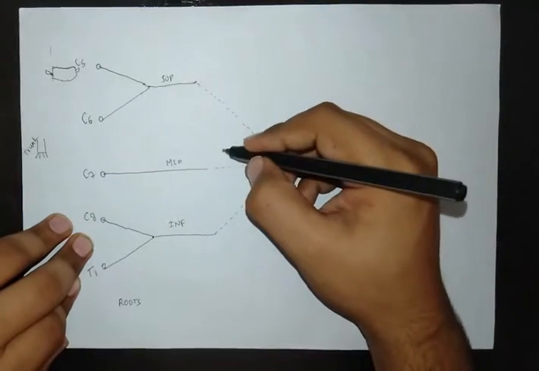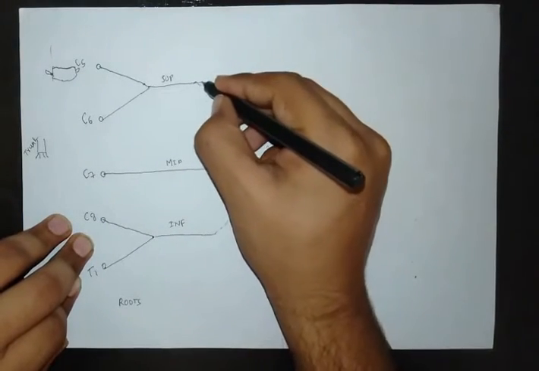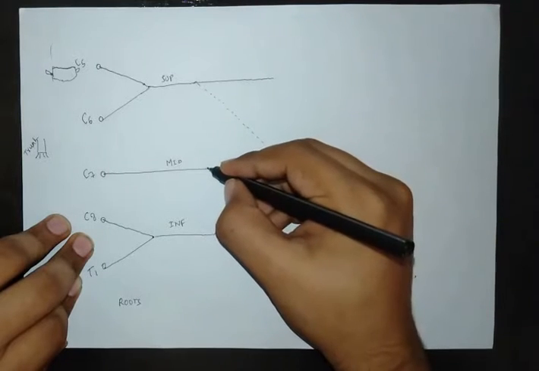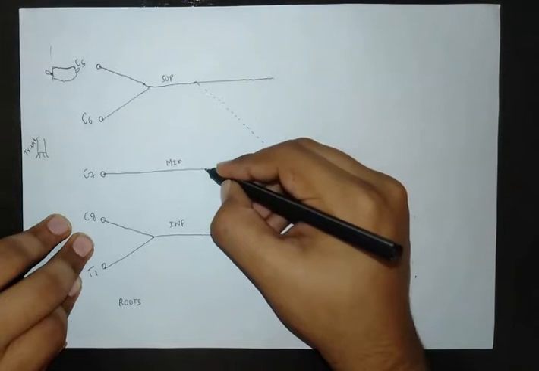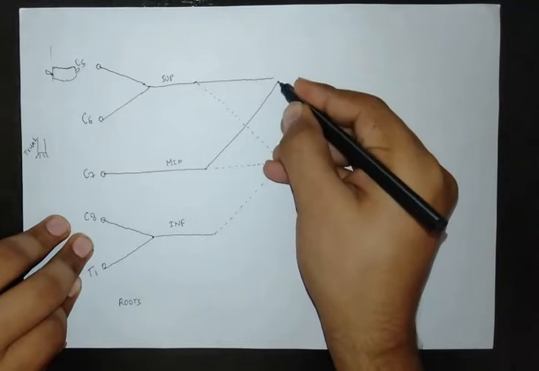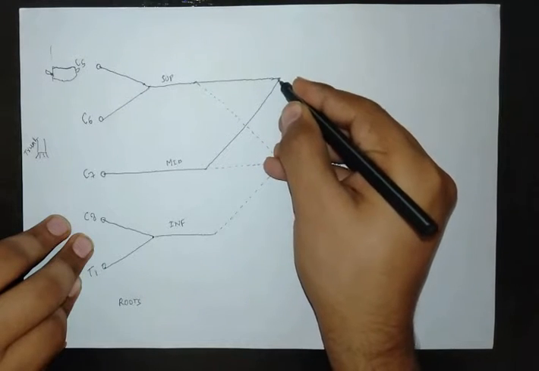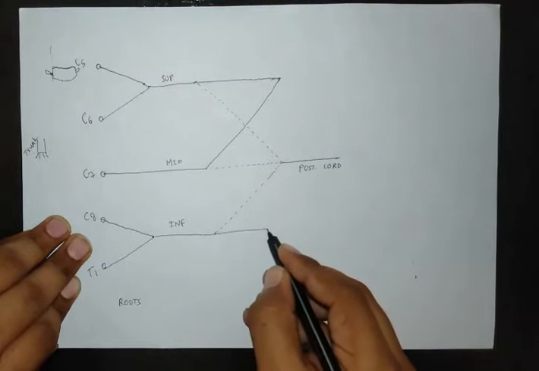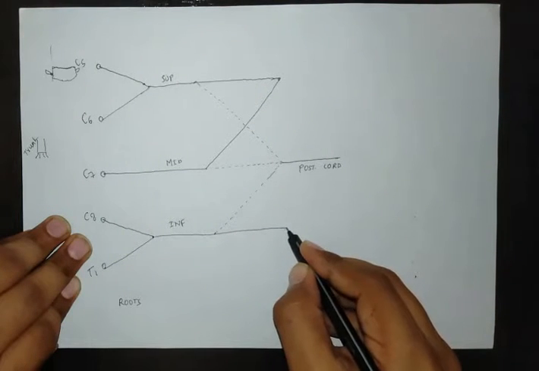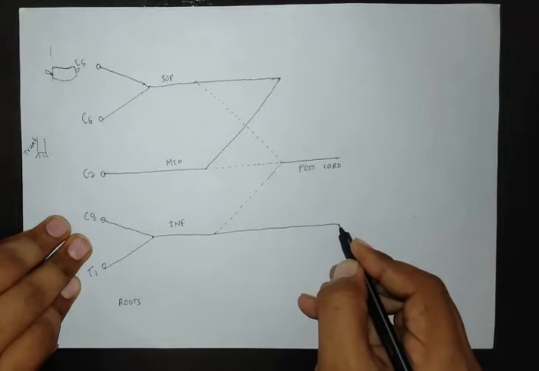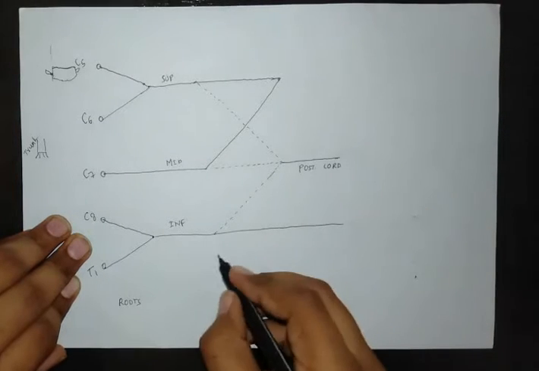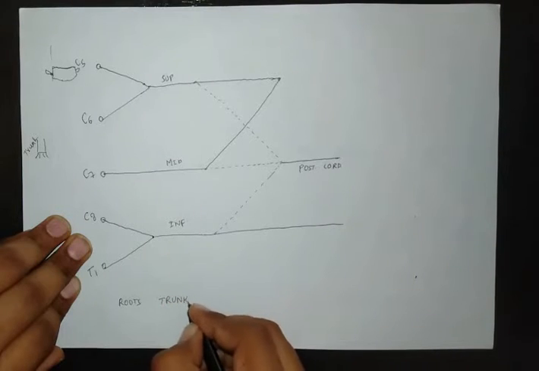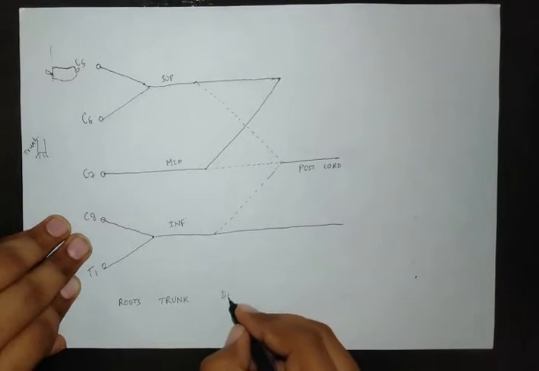Now regarding the anterior divisions, which I am drawing in bold lines, you must remember that the anterior division from the middle trunk joins the anterior division of the superior trunk. This only you have to remember. This lower anterior division walks alone. Roots, trunk, and these are the divisions.